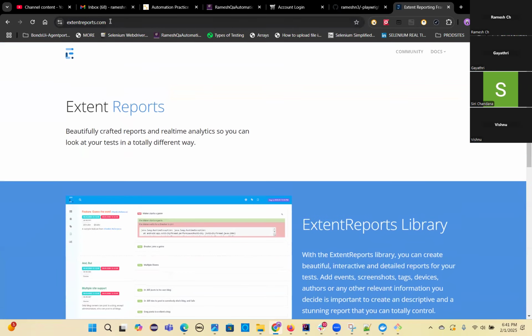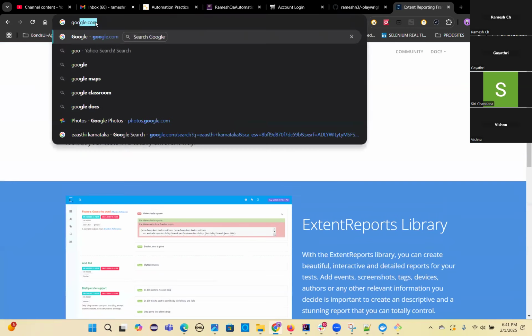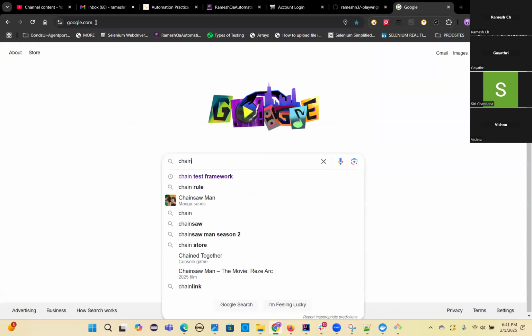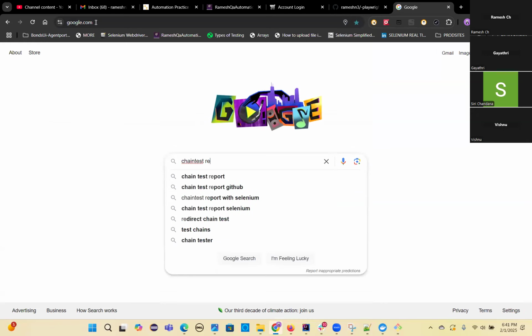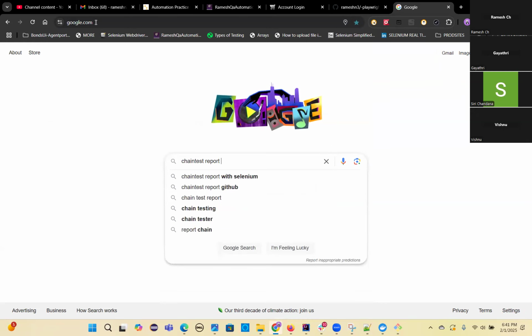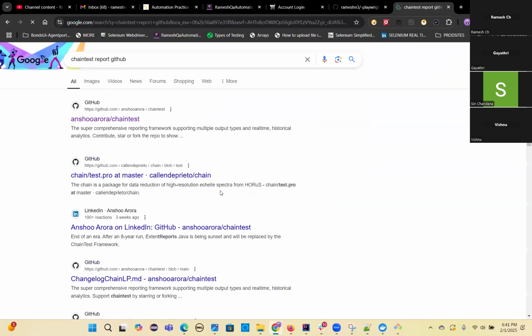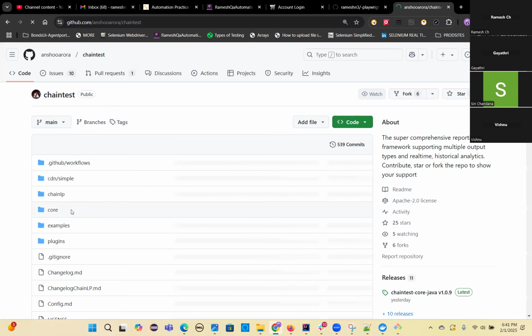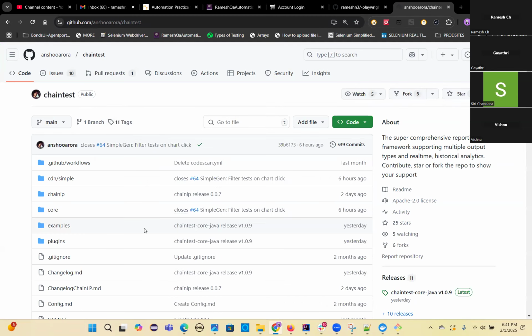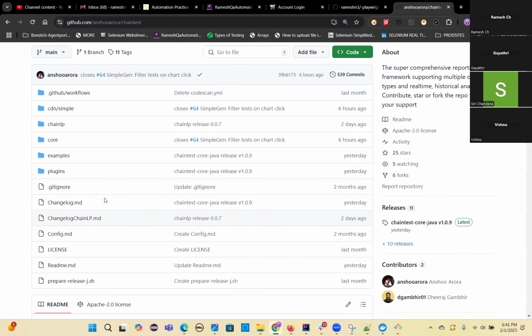Okay. ChainTest report, GitHub. Okay, so this is the one, first, Anshul Arora's ChainTest. This is the person who developed the Extent Report also, and we need to take